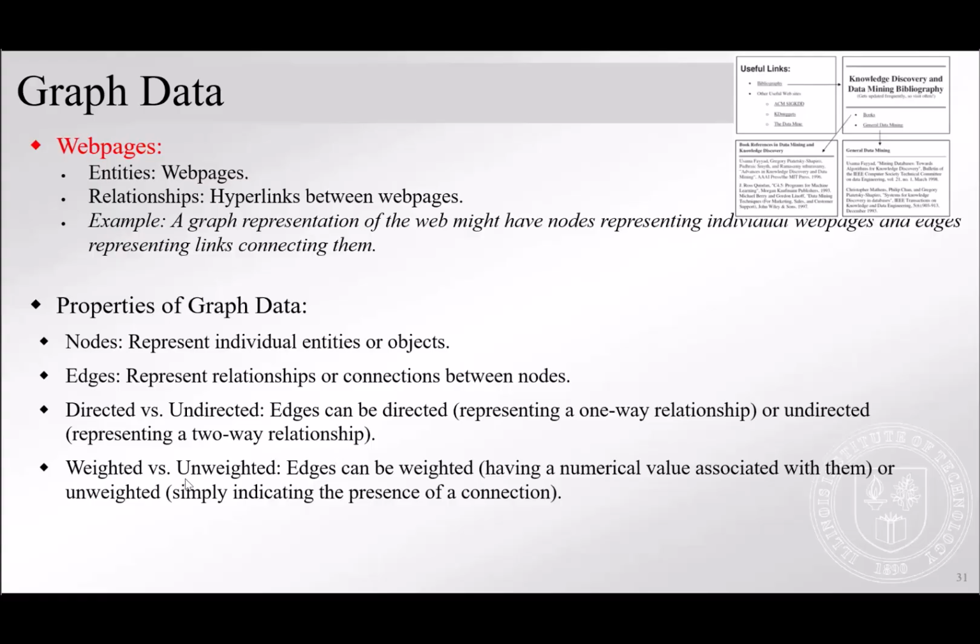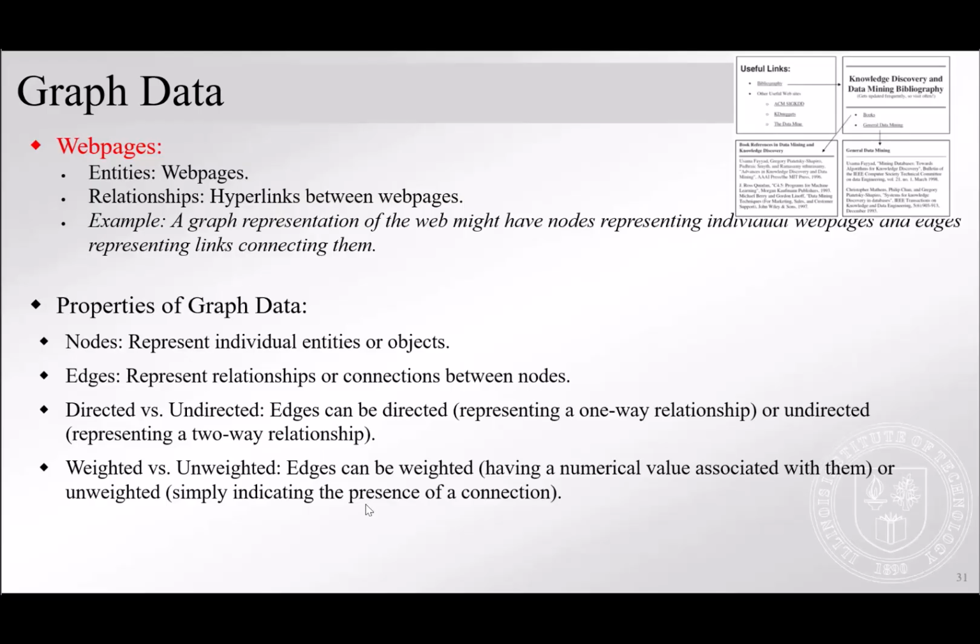And we have weighted and unweighted. Edges can be either weighted or unweighted. Unweighted just means the edge exists or it doesn't. That's the only meaning here. You are either friends or you are not. Weighted, interestingly,